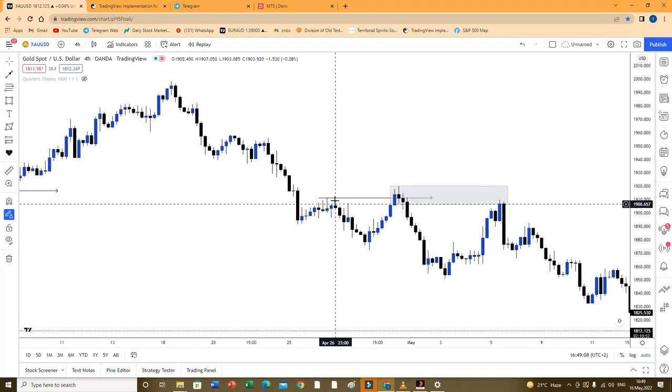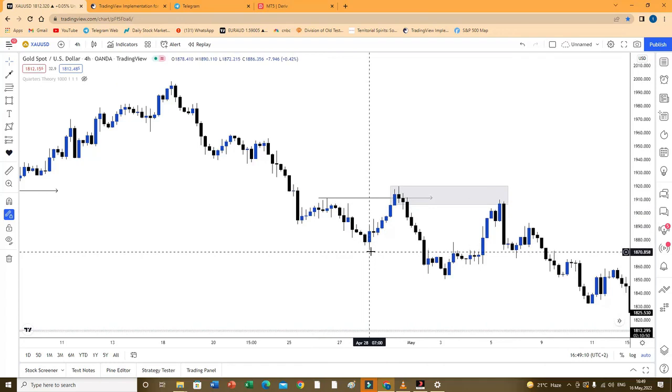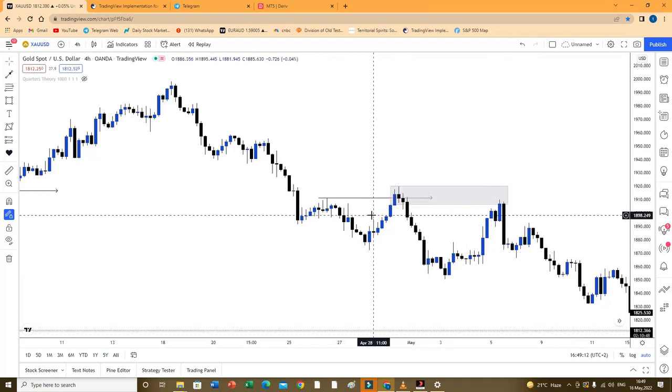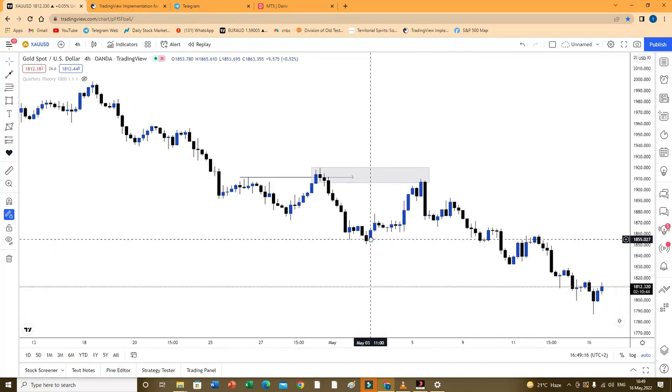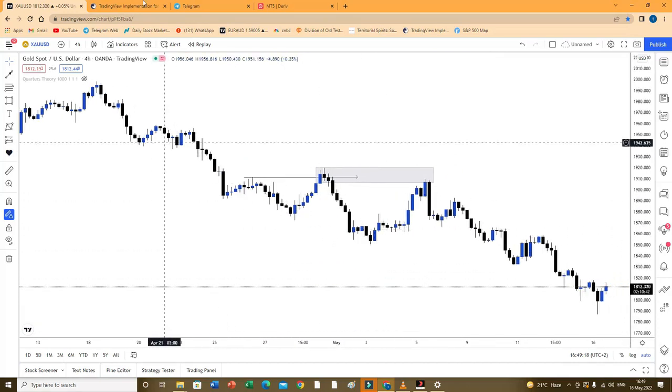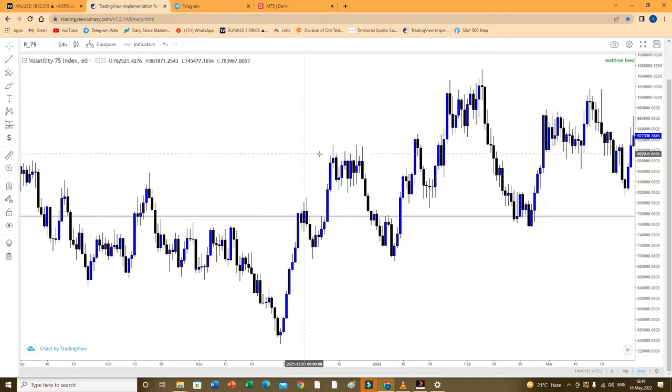So in this case, we actually had a good setup. After breaking this low and price comes there, it's a KML Quasimodo setup. We explained that in another tutorial. Okay, so this is what we have on that. Let's take other examples